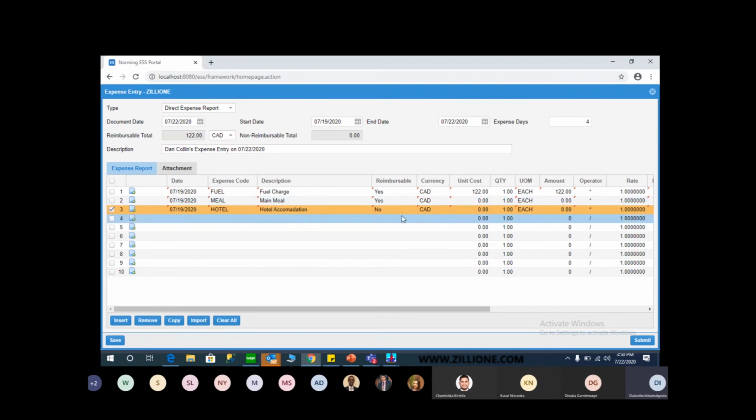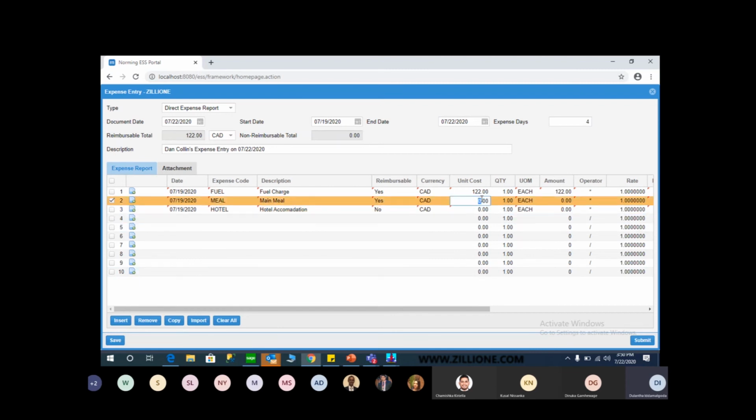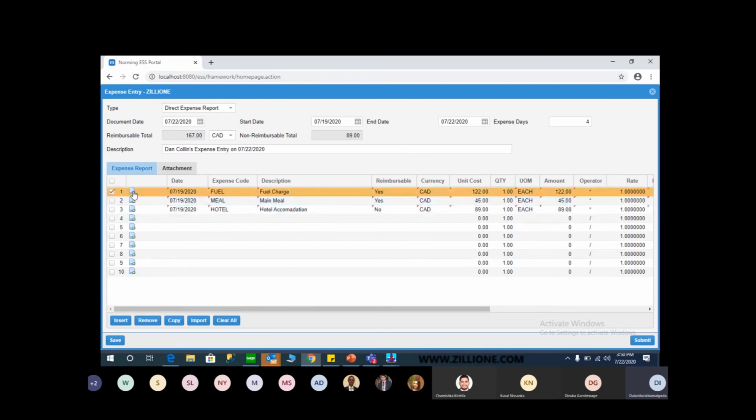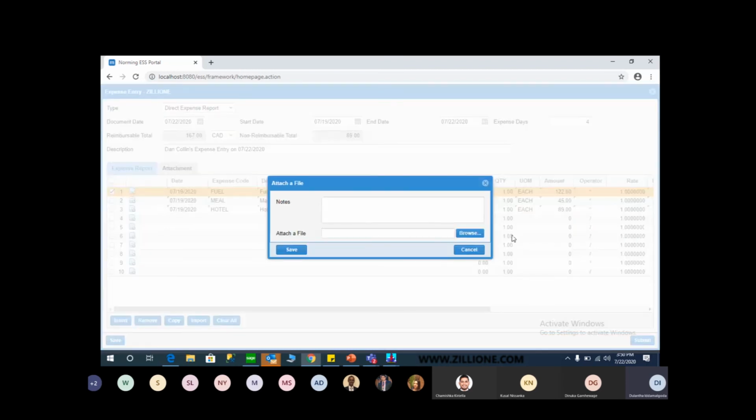I'm going to add cost for these items. Here you can add line-wise details and line-wise attachments. Any type of file you can attach. If you are using your mobile phone, for this fuel charge you can take a snapshot of your manual bill, put a note, and attach it here. In the same way, for each line you can attach